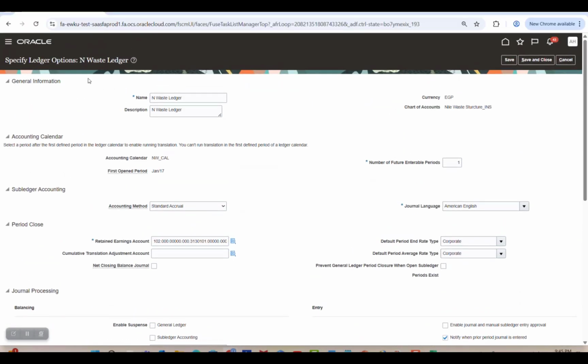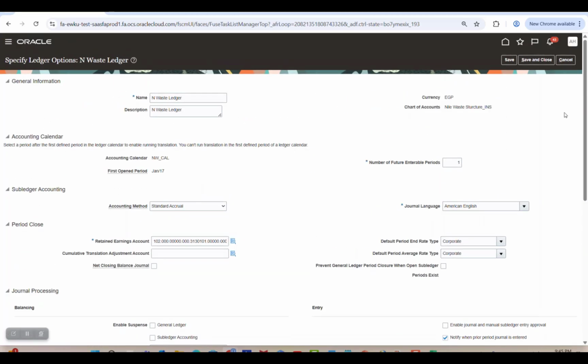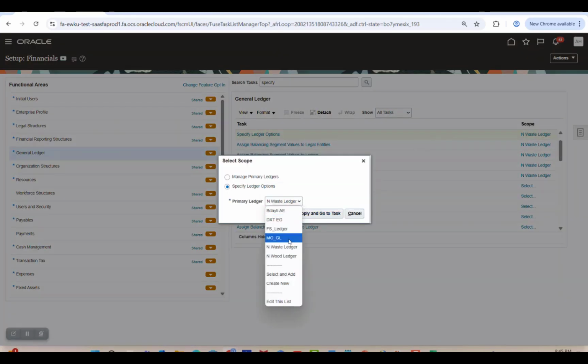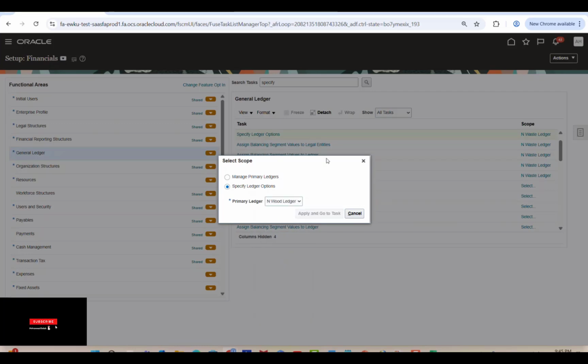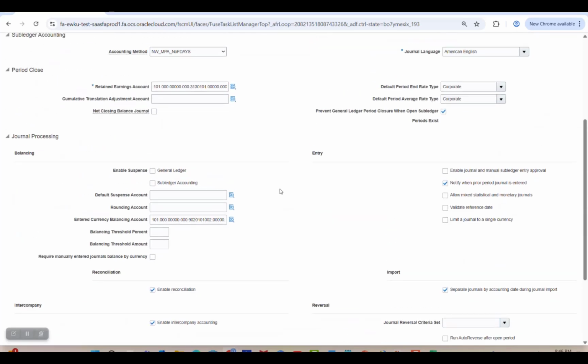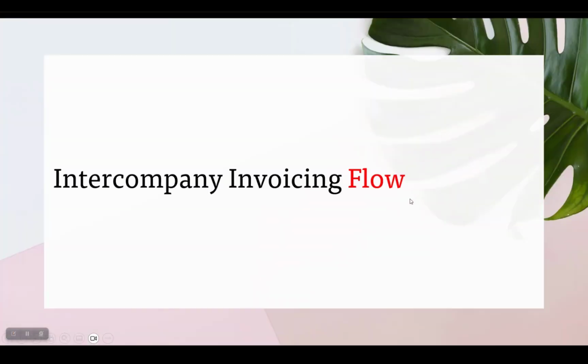So as you see here, this is the first one, which is specify enable intercompany accounting, and again you have to change the scope to the other ledgers to allow intercompany invoicing for this ledger. If you come back here,